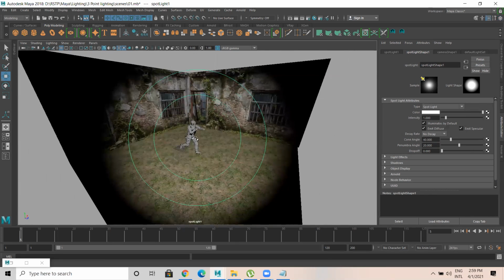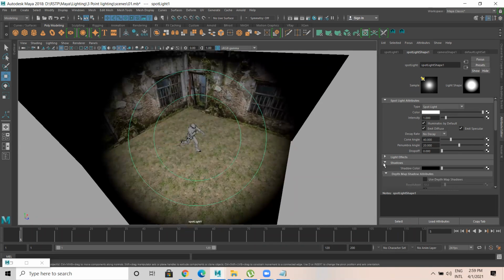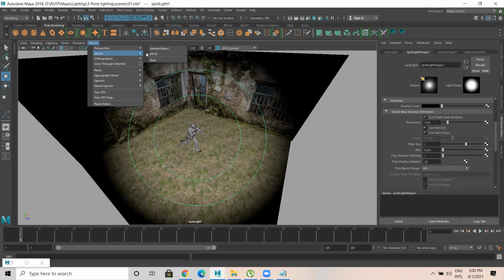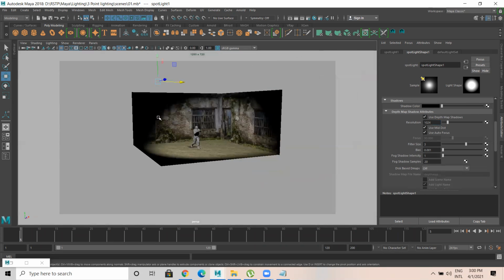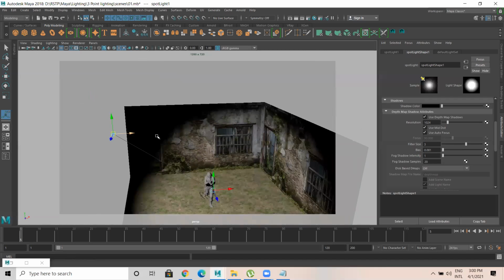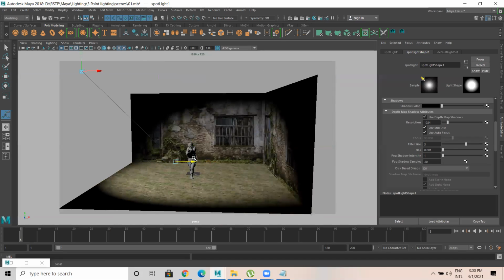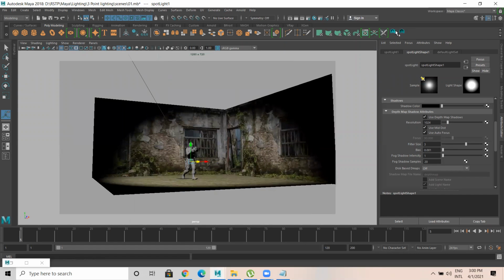Okay, so I would like my light to hit the surface like this, and I go to shadows. I want depth map shadow of 1024 and filter size as 3, so that I get smooth shadows. So I go to panel, perspective. You can see my spotlight is here. If I press T, T is for target, my light is hitting this surface in this direction. Okay. So you can change the direction. Like this. Got it. So I want my light to hit the surface like this. Now I'll come back to this position.